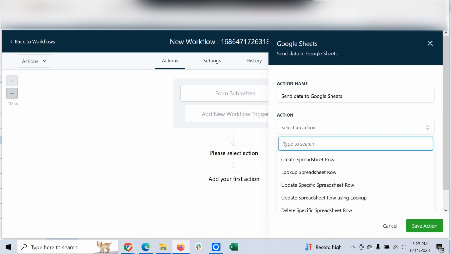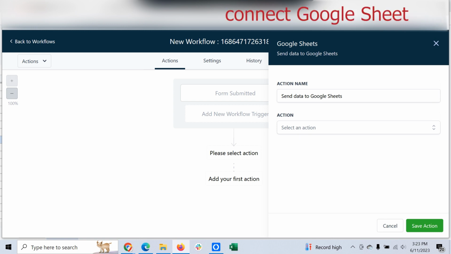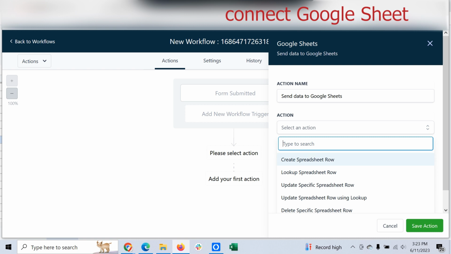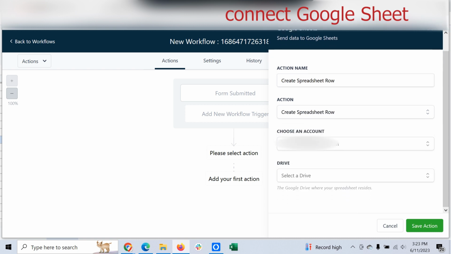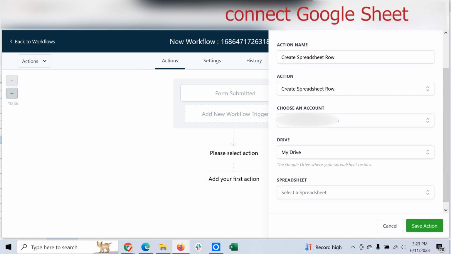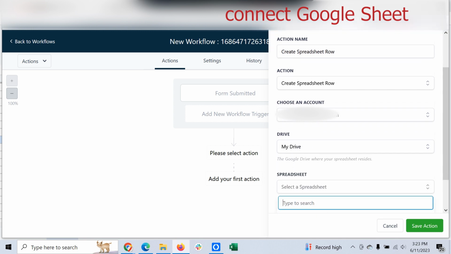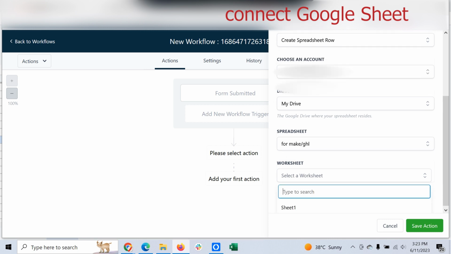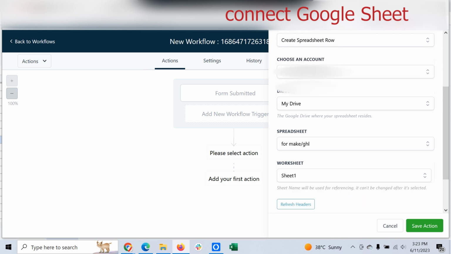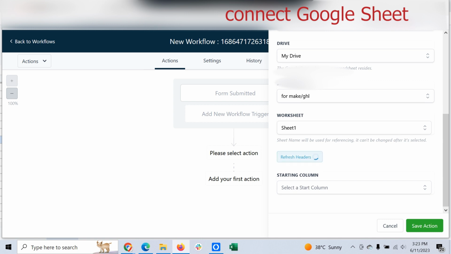You need to have a Google connection connected for the workflow to send the data. Create a spreadsheet row and choose an account. I have connected Google already, so I'm just loading that account. Then you select the spreadsheet and then the worksheet. Just select the worksheet, and you can click refresh headers, where the starting column is A and the end column is